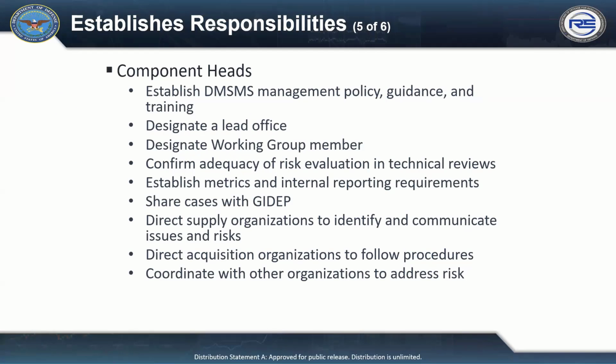On the next slide, the DoD component heads are required to establish, again, that same bullet, everybody is going to incorporate DMSMS management and policy guidance and training, designate a DoD lead office within each DoD component to provide DMSMS management oversight, designate a primary POC for the working group, confirm the adequacy of their DMSMS risk evaluation, mitigation, and resolution during technical reviews. They are required to establish metrics and internal reporting requirements to reduce costs and improve efficiency,